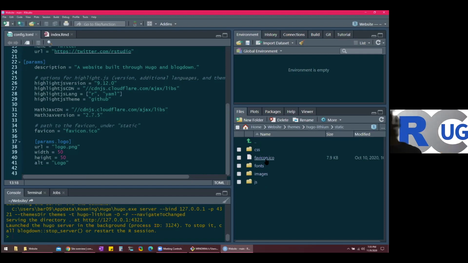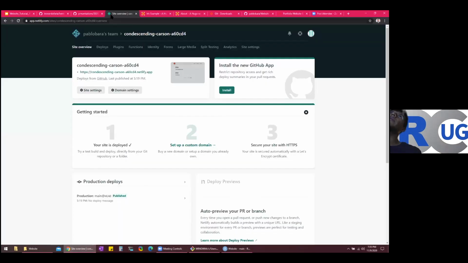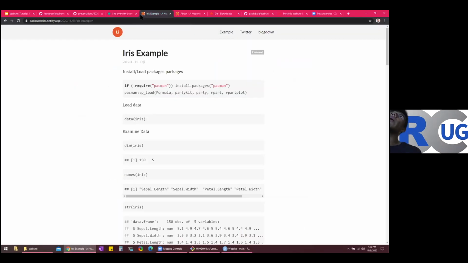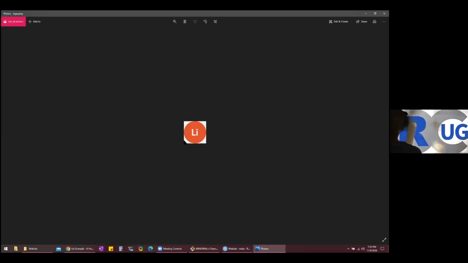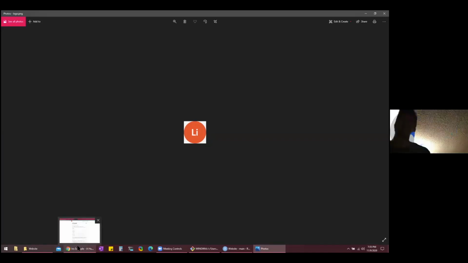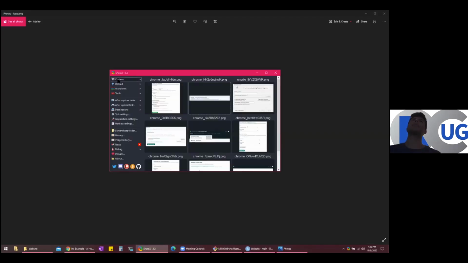I don't know if you're familiar with favicons, but this is usually what you see on a website. This thing right here. You see how this is the site we just deployed. It has this little Lee in it. You can change that, right? Or let's see the images. Logo. Okay, so it's Lee. Let's change that real quick. Let's just do, I don't know. I'm just going to grab